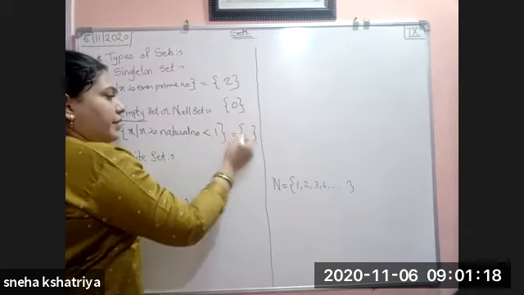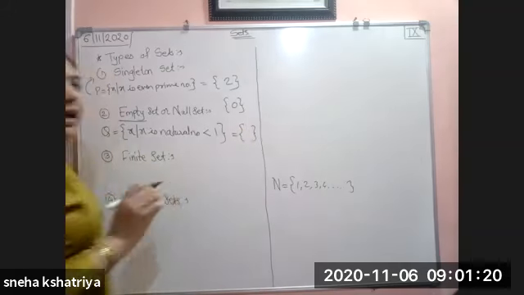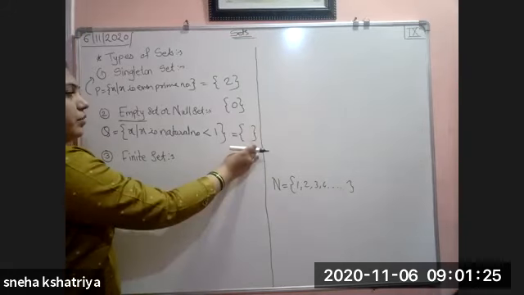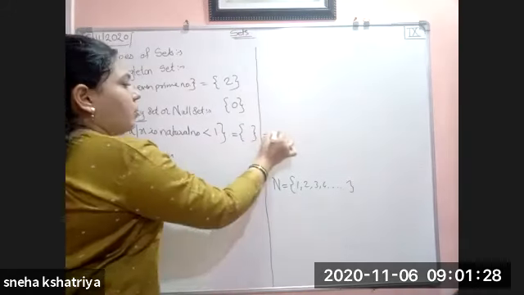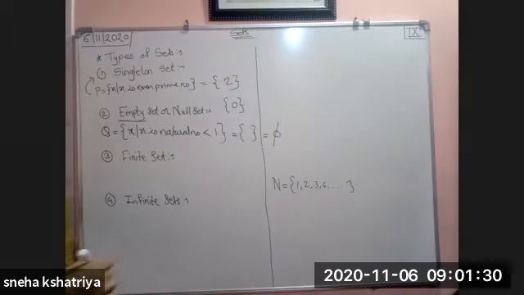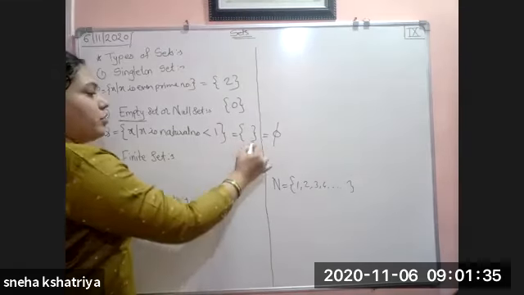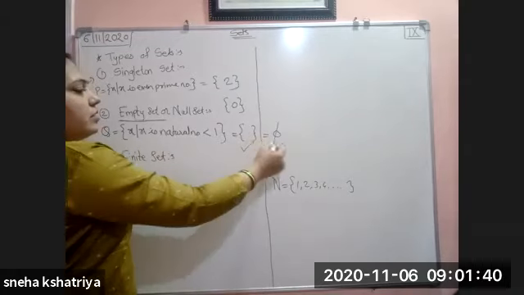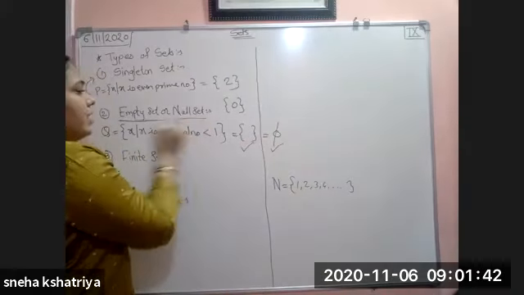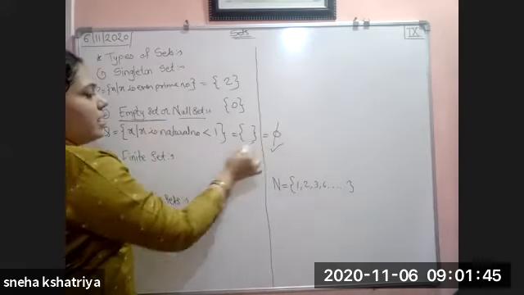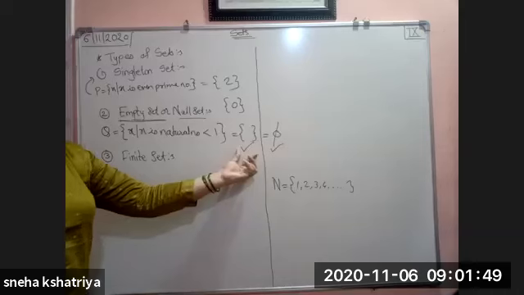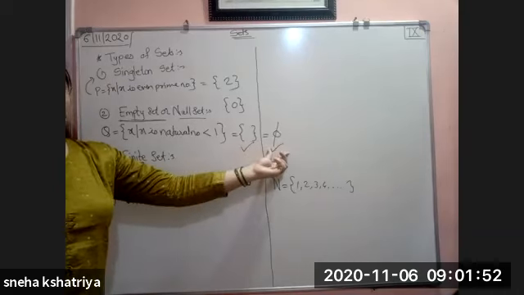But in the empty set, it is written only as curly brackets. There you don't have to write any single element. So this is how you denote the empty set. Or it is also denoted like this, φ. This is also the notation for the empty set, and also this. This is called phi, null set or empty set. This is how the null set or empty set is denoted. Just write down the curly brackets and don't write anything, or you can write phi also.